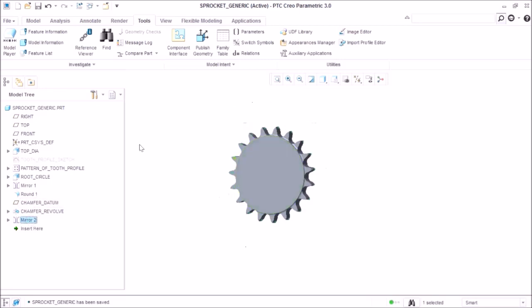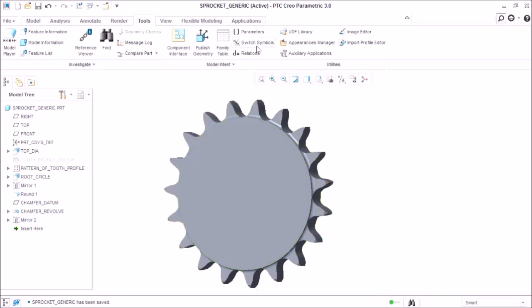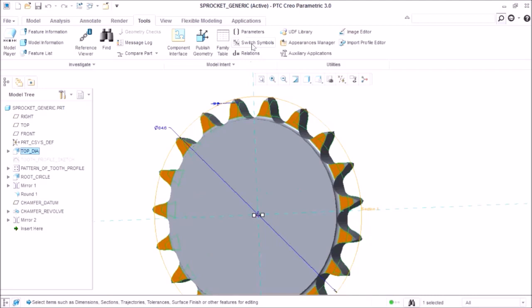Now we are going to rename our dimensions. Renaming dimensions is a task. For that, firstly, we have to find the switch symbol option. We have to go to Tools and the switch symbol operation option. First, go to your parameter features, right click on show dimension, then click on switch symbol. You can see the dimension is replaced with a name.